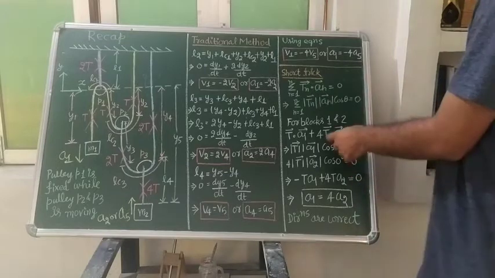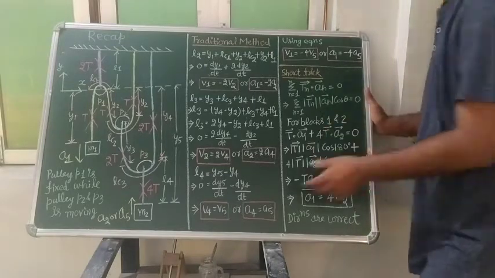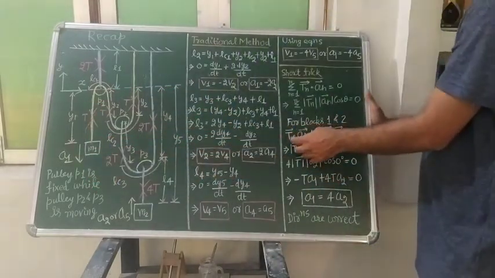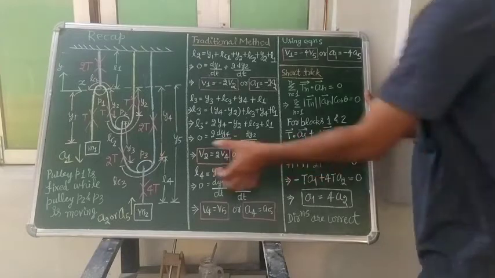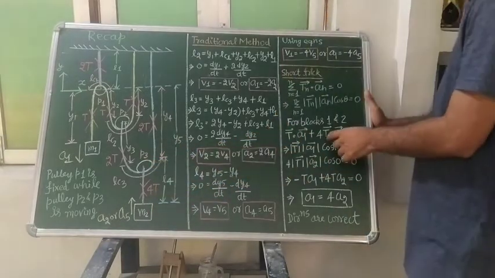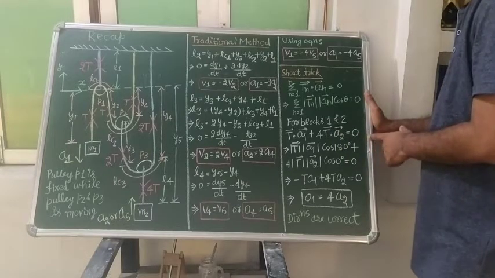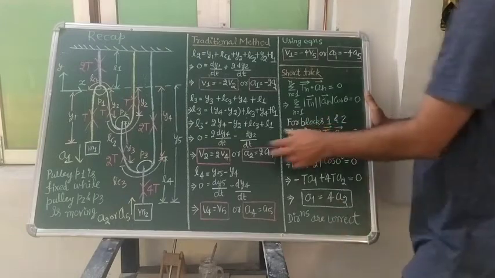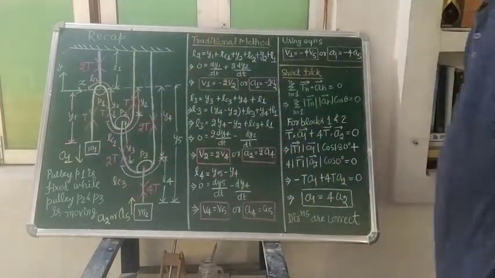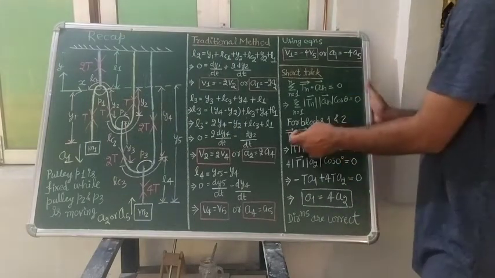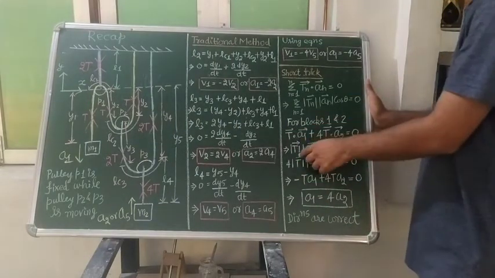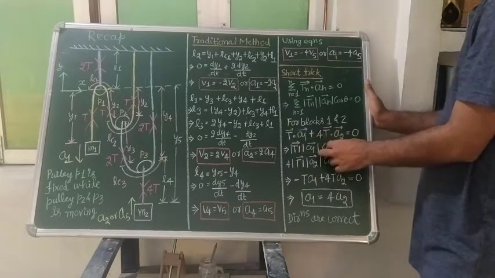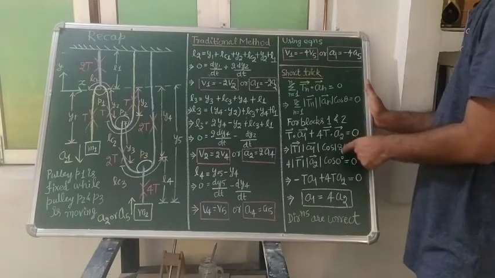When we apply this, that means we will do the dot product of the tension and acceleration. So here is the tension T, here is the acceleration A1. So the dot product of tension T and A1, plus the dot product of the tension, which here is 4T, with A2, should be equal to 0. One thing you should keep in your mind: no one will write T1 and T2 here. It is the T tension here, it is the 4T tension. What I have told you is that the dot product is nothing but the product of the magnitudes of the vectors times cos theta. So magnitude of T vector, magnitude of A1 vector, times cos theta.